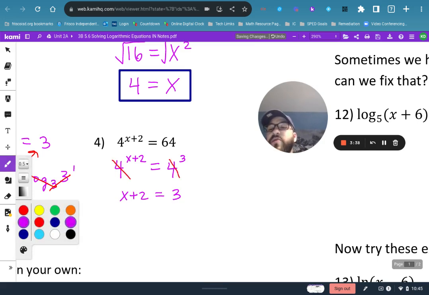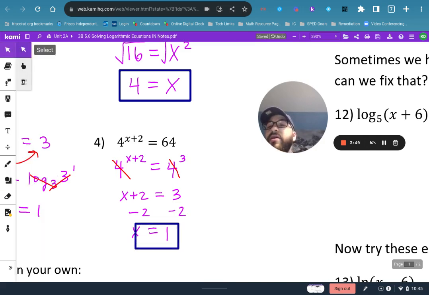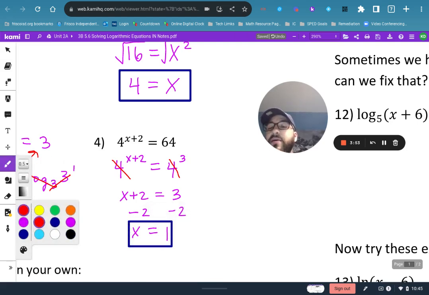And then from here, of course, I can just solve for x. So minus 2, and we get x is equal to 1 as our final answer on this one. So another way we could do this, we could do our hook method instead if we wanted to get everything on one side. So if I did my hook method instead,